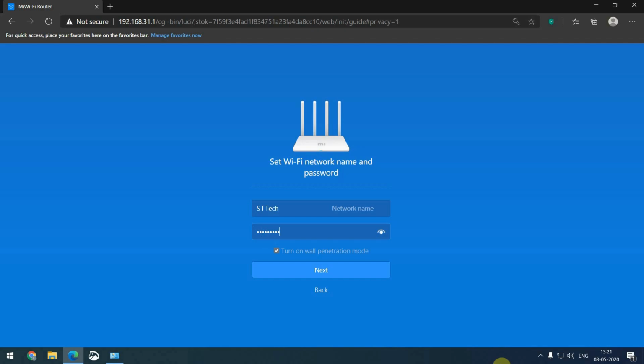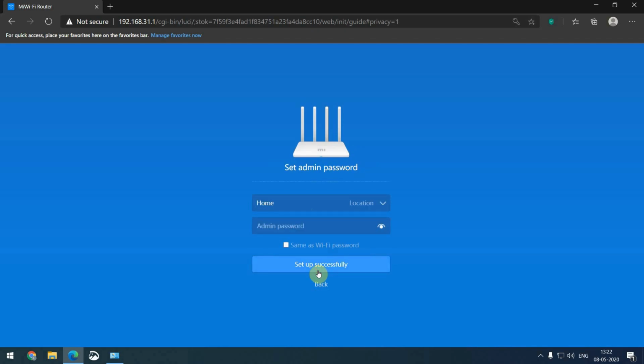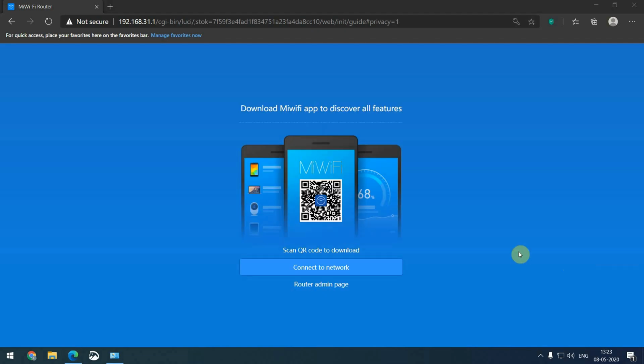Here we have to mention the password for the Wi-Fi. Here we'll give the name that we want to set to our Wi-Fi and give a password for the Wi-Fi and click on next. So here we have to give a password for the router. This is the password that we need to access the router's home page. So set up successfully.